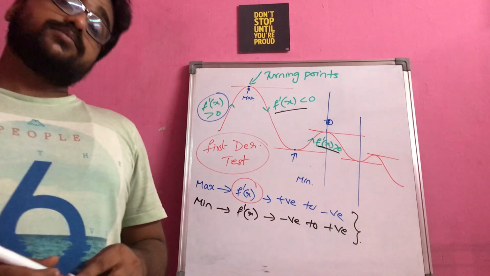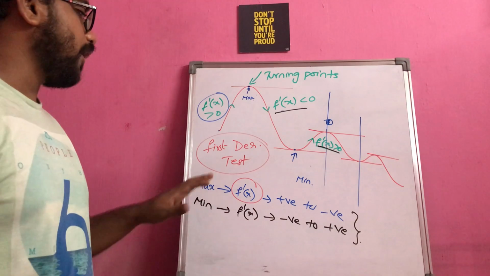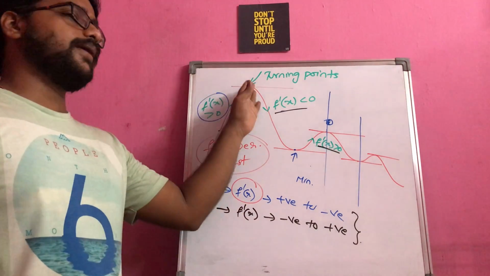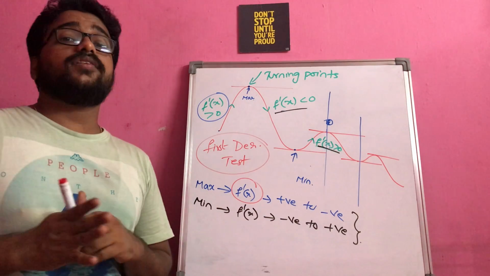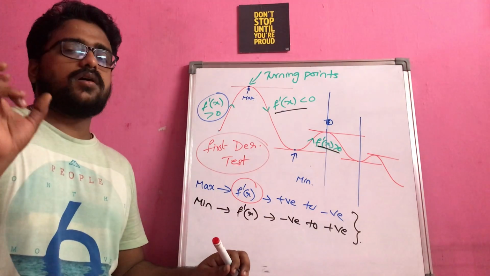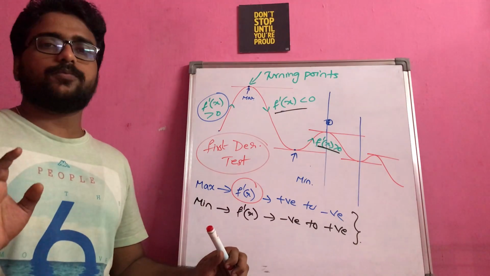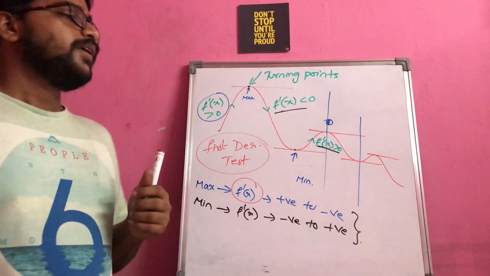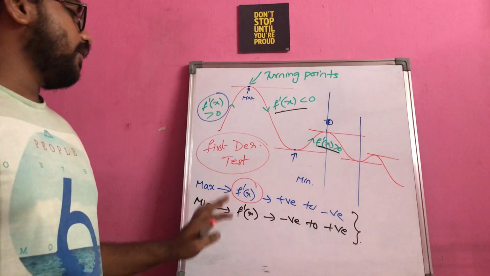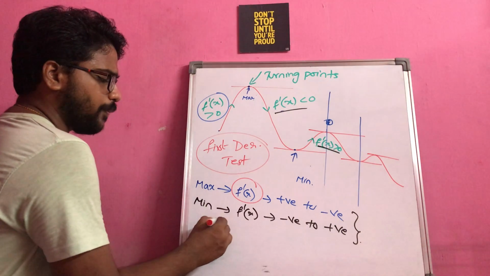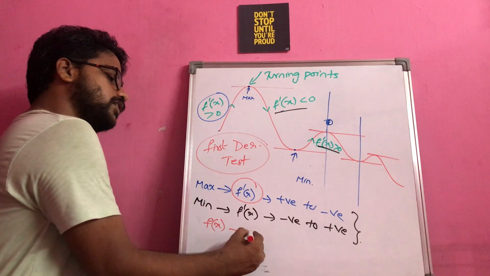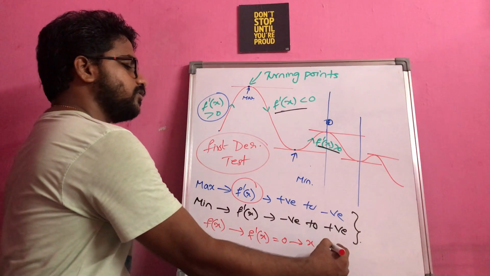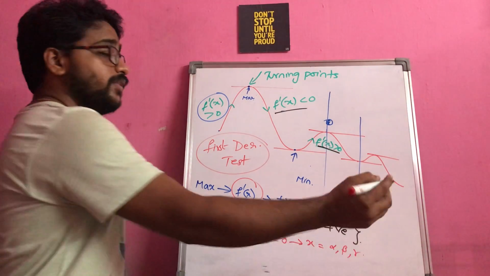Now the question that comes here is, we have a graph here, so we are able to see where we are getting the maximum or minimum. But what if I give an equation or an expression for which I don't know the graph? Yes, it is the same procedure only, we are not doing anything new here. We are trying to find f dash of x, because it is a simple application of derivatives. For the given function, you will find f dash of x, equate it to 0, and you will get the values of x, something like alpha, beta, gamma.